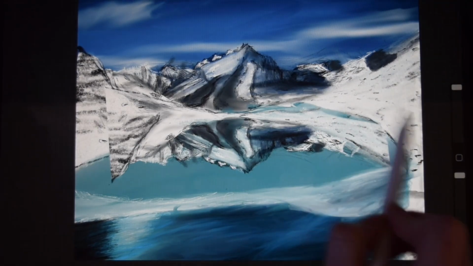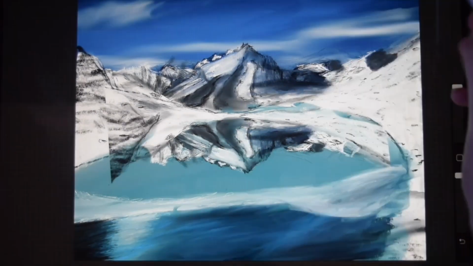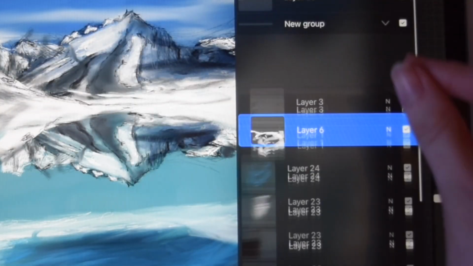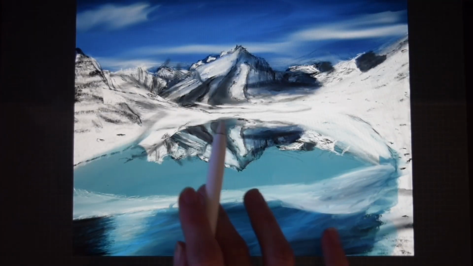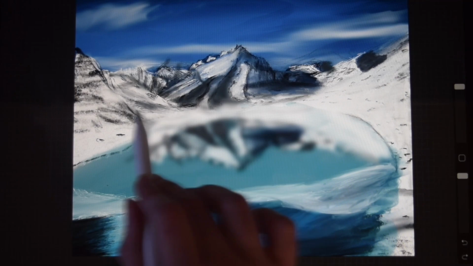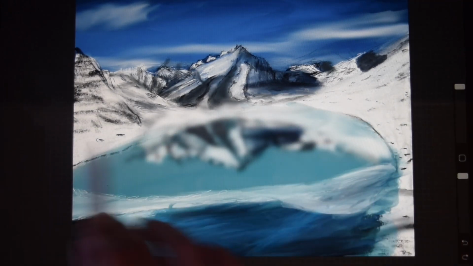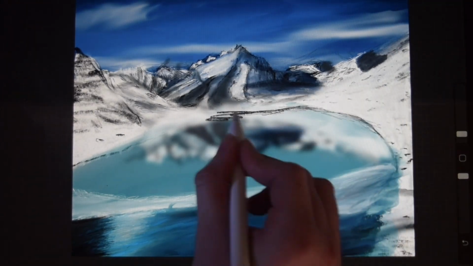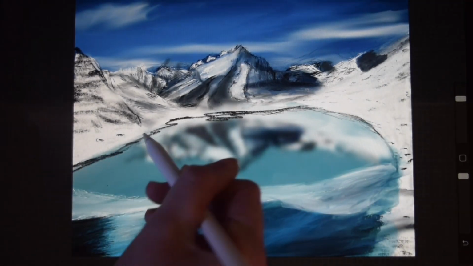To make the illusion underneath the water, I had to group all the layers that I used, including pretty much everything. Then I had to flip the thing to be upside down, and I did that using the selection tool and some tools that pop up in the bottom.